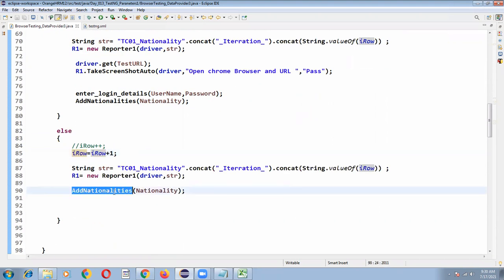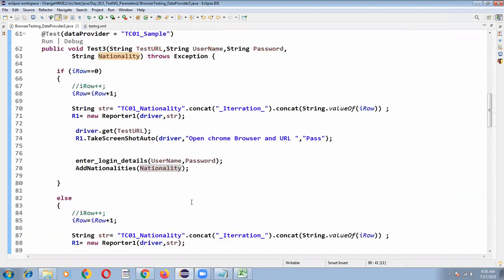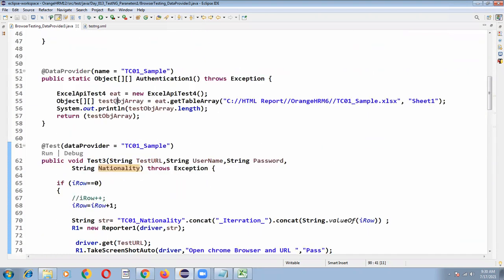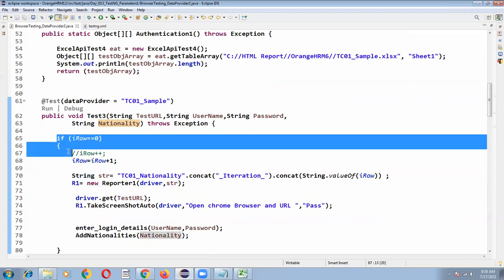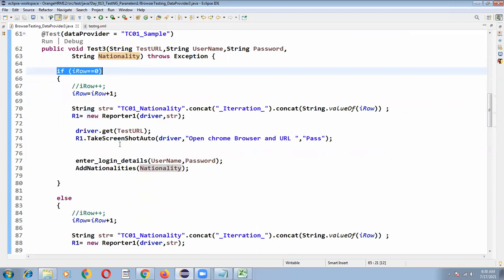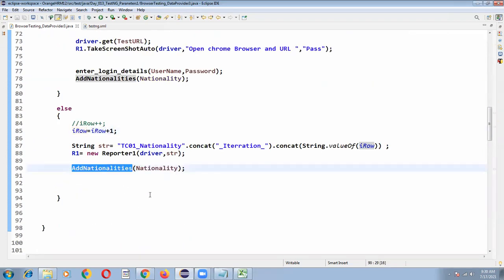Again the add nationalities method is executing for the third set of input data. Then the data provider object array provides input data again, and your Excel contains a fourth set. 3 equal to 0, the condition fails, and 3 plus 1, iRow value becomes 4, and this method is executing the fourth time.